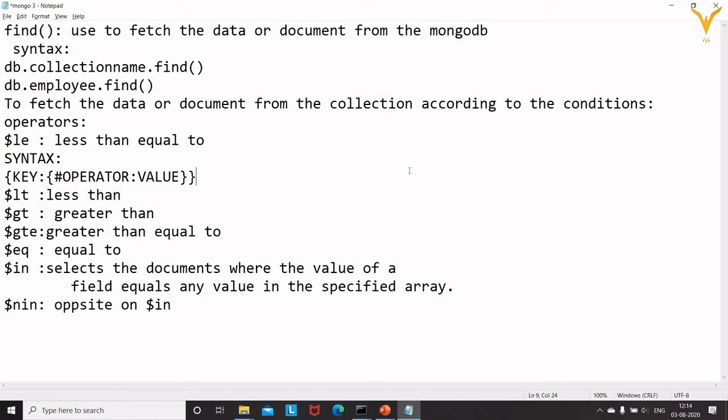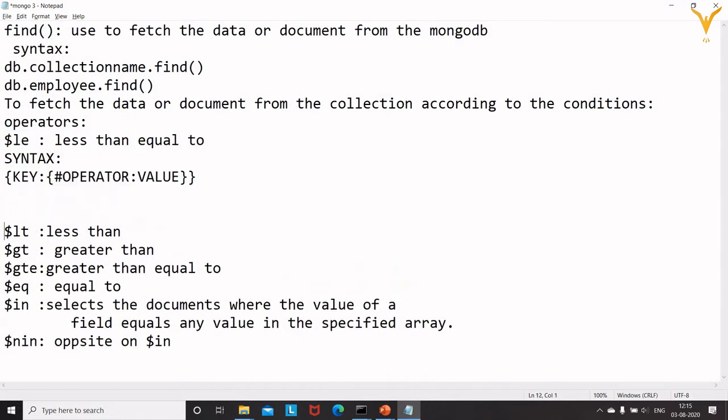So in this case we require the where clause in SQL. Similarly, we can also fetch the data from the database in MongoDB using some of the relational operators which are provided. Here are some of the relational operators. First is $lte, which stands for less than or equal to, and the syntax for this is